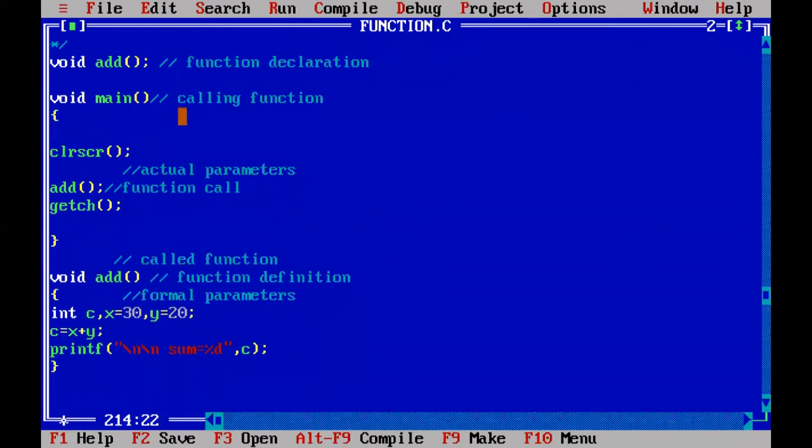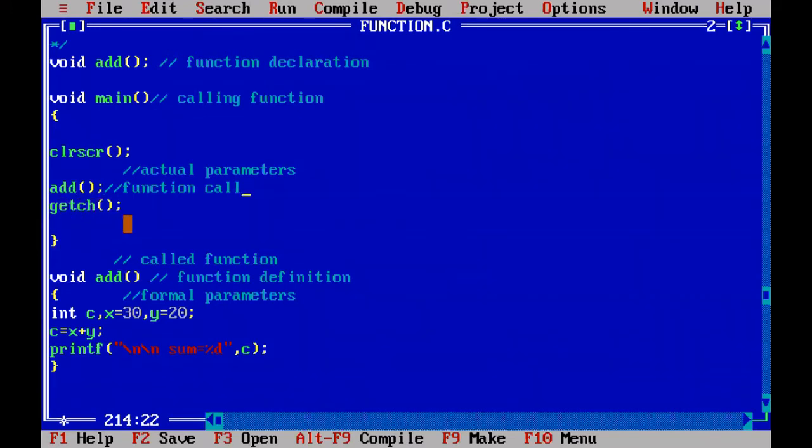So here no return type and no argument list. So only a function call you can make from the main function. When the function is called, in this function only you declare the variables, you calculate x plus y, and print the result here only. Then go back to the same line. Then the next getch is executed, program is terminated.